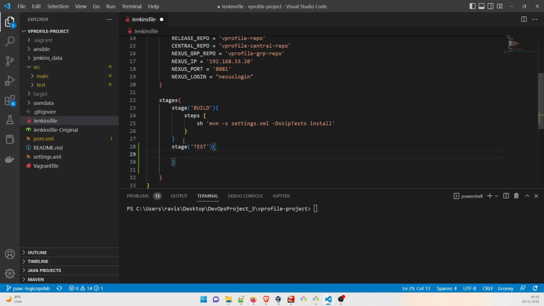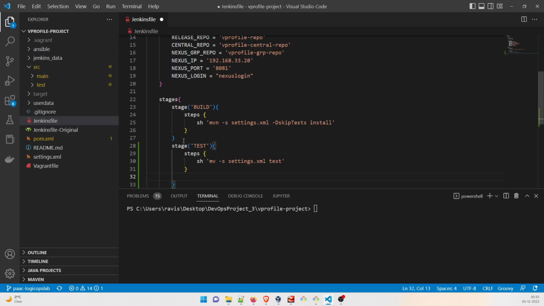and in that stage we have to write the steps. So I'll write the steps. In the steps, sh, because you already know that we have a shell command to run, mvn -s settings.xml, which is going to make a call to settings.xml, and then test. Okay, that's all. After that we are going to have a stage,